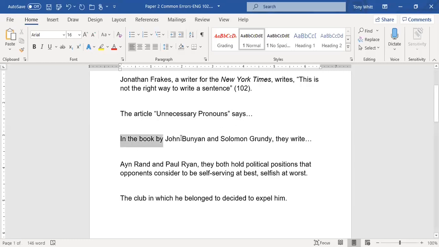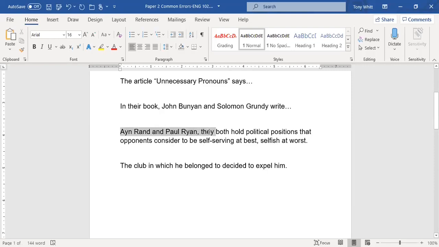The article title says, because it is the article that's saying it. Now, some of you are doing the same thing when you do have authors' names. "In the book by John Bunyan and Solomon Grundy, they write." Now, what you can do here is a couple of things. You wouldn't say the book writes or anything like that, but you could do this: in their book,